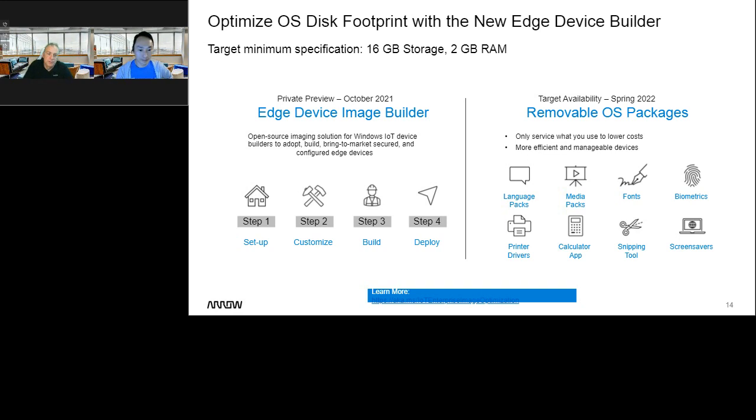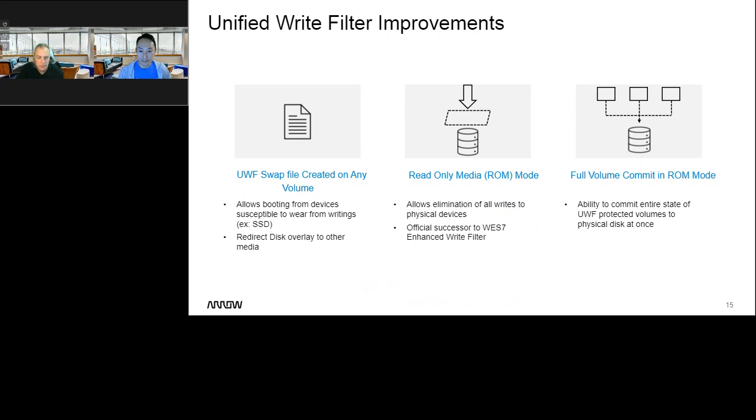I've got some people definitely interested in that because they definitely miss the tool, being able to customize the image. And I've played around with the tool in the preview, and it's actually really, really neat. It's really wizard driven, really simple compared to the WES 7 tool, which would probably take you a month or more to learn how to use. The goal with this new tool was to not make it as complex as the WES 7, simplify it, make it wizard driven, make it a lot easier. So look forward to that tool.